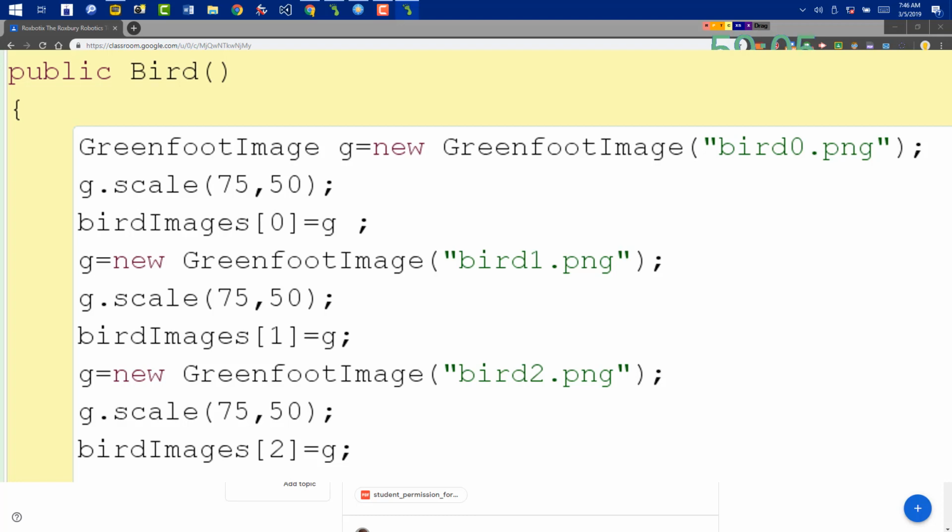So the constructor method once again is executed whenever an instance of the bird class is created and added to the world. And it will have the same name as the class without any return type. Okay, so I'm going to say public bird. All right, and now I'm going to create a few variables for the bird. And one of them is going to be an array of Greenfoot images. So I'm going to say Greenfoot images, and I'll call it bird images equals